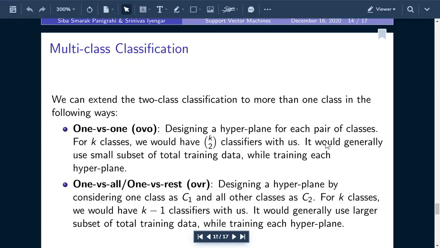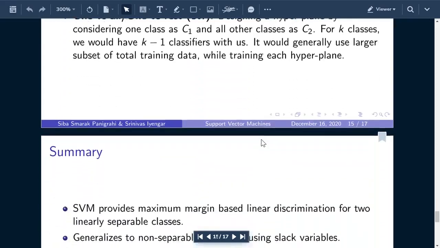Here what is going to happen? You are going to take a lot of computational time and a lot of computation resources because I'm using the entire dataset for training each and every classifier. So if there are k classes in one versus rest, I'm going to train k classifiers. Then I'll find the labels and whichever is maximum, I will assign that only. Cool enough. This is multi-class classification.